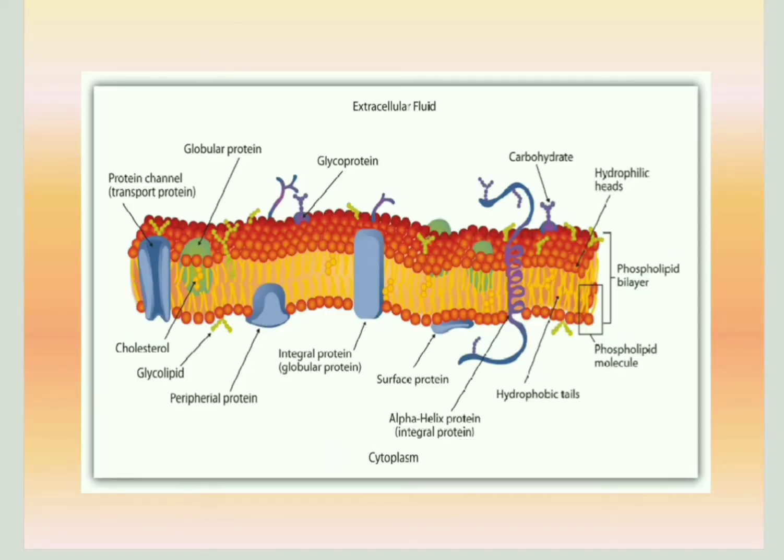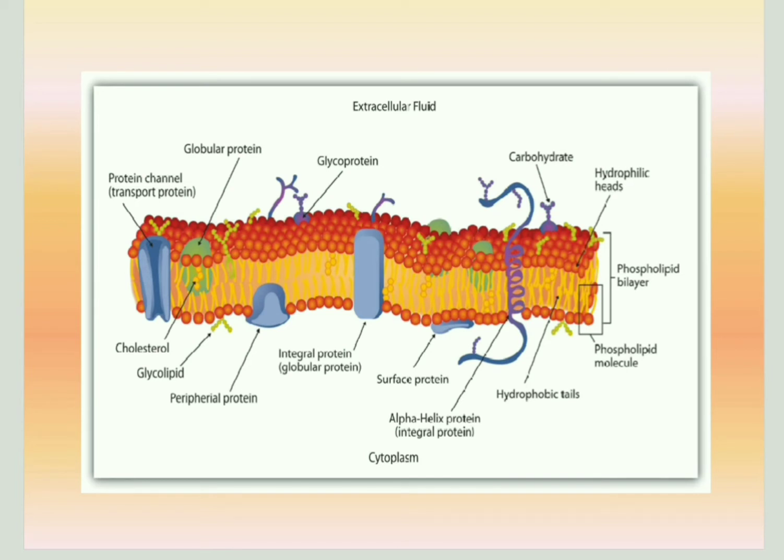Now this is the proper structure of a cell membrane, the phospholipid bilayer structure of a cell membrane. As the cell membrane is made up of phospholipid, here you can see the phospholipid bilayer. The small circles of red-orange color on the upper side are the hydrophilic heads, and the yellow portion is the hydrophobic tails. Bilayer means two layers are there: red circular portions on the above side and red circular portions on the below side also.